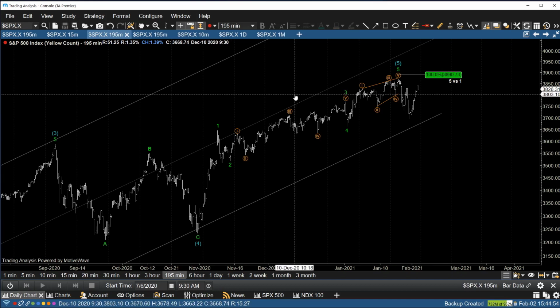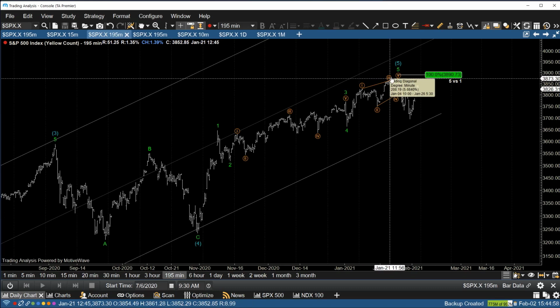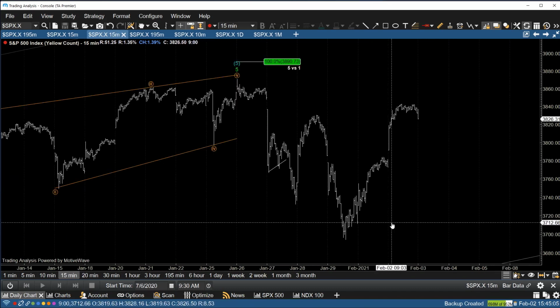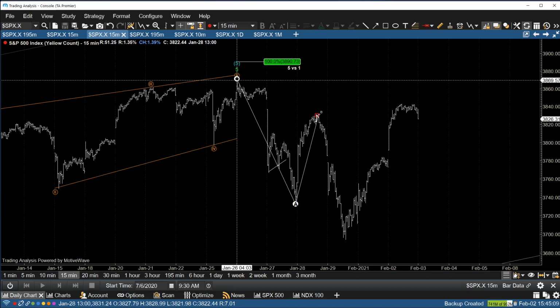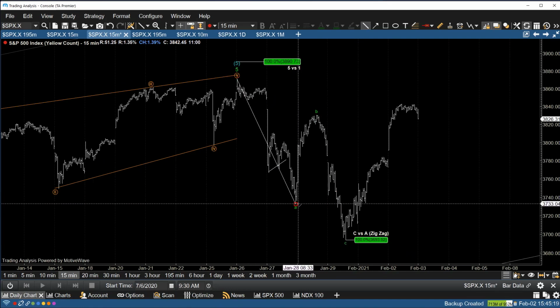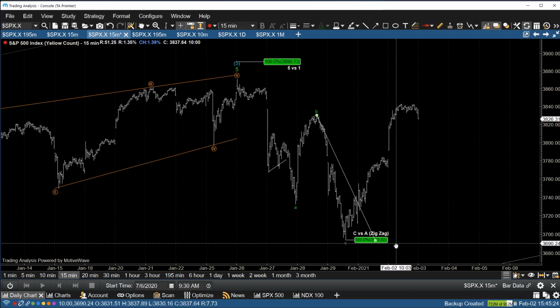So let's jump into the subdivision of this trend. Let's go ahead and talk about the pullback, first of all, that we saw. So let's get down to the 15-minute chart. And I want to point out this move off the top, because the move that we see here is a pretty straightforward 3-wave measured move. And what that means is oftentimes corrective legs of the same degree will tend towards equality. So if you were to take the magnitude of this A wave and project it from your B wave retracement, you'll notice that takes you down to